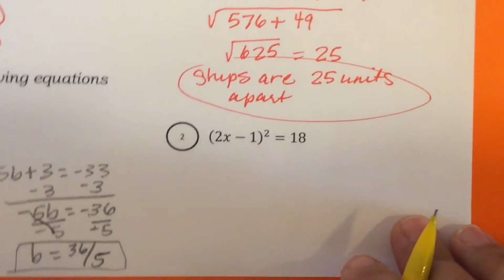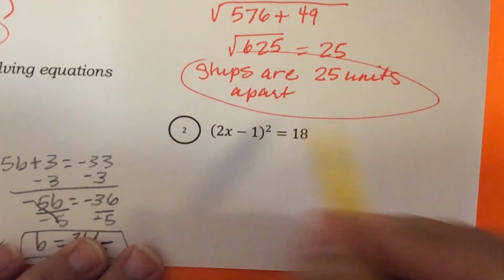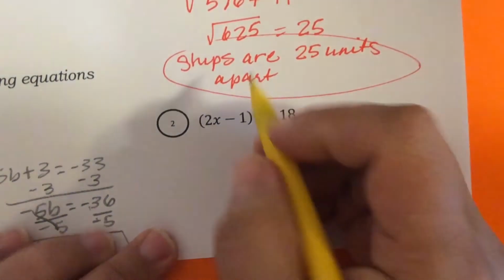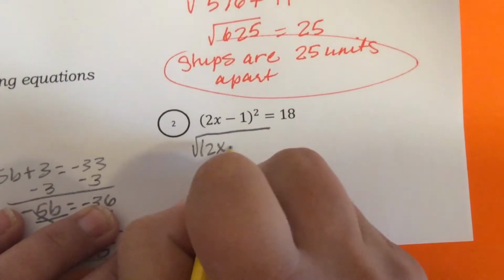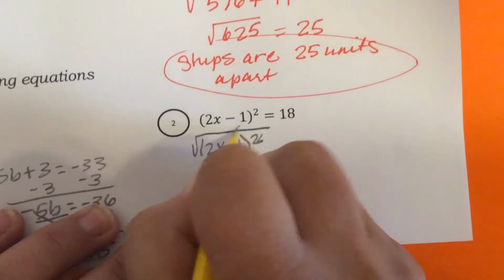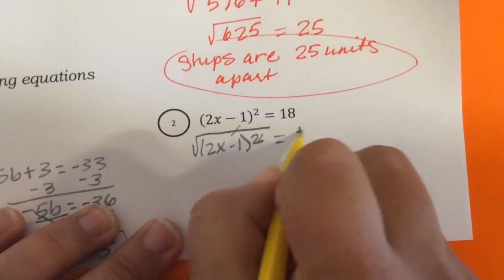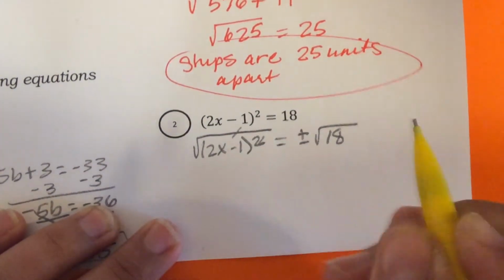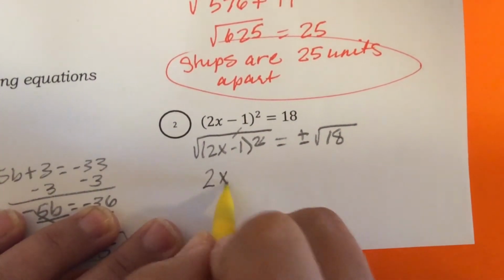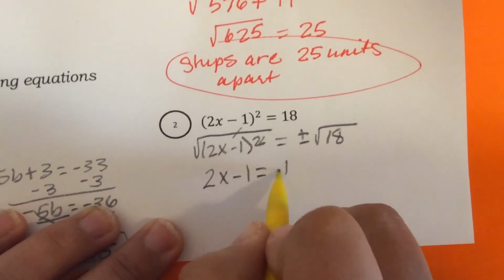Okay. You have a square. The way you get rid of a square is by taking the square root on both sides. So I'm going to take the square root on the left side to cancel the square with the square root, and you have to do plus or minus square root of 18. Okay, so now you're going to have 2x minus 1 is equal to plus or minus